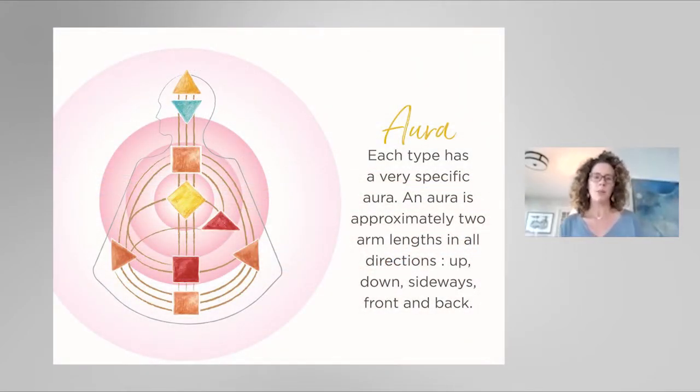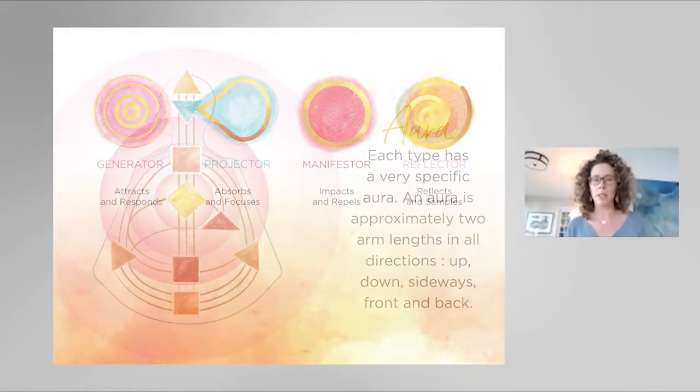So when we refer to your aura type, really we're talking about what kind of aura do you have, and this notion that you don't stop here at your flesh. You actually have a presence that extends out around you about 2 arms lengths, give or take, and that presence or your aura actually has different properties according to what type of aura that you have. So according to human design, there are 4 aura types.